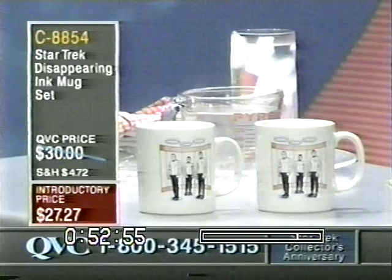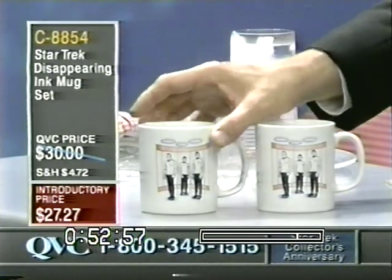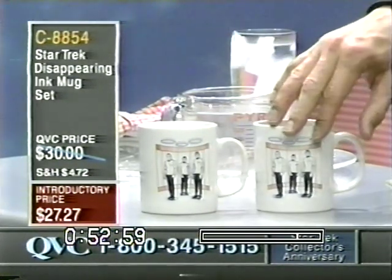Well, we're going to do something right now that was one of Dr. Bones McCoy's hated things, and that was the transporter. But we're going to do it on mugs. These were so popular in the first couple of shows that we had them on that they just sold right out, and we haven't seen them for a couple of our specials, several months now. We have had their counterparts from Star Trek VI, but